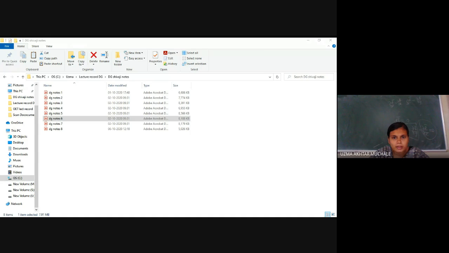What was the example? A sphere with center at C1, C2, C3 and radius R, and we have shown that this is a surface. Okay, how to show this? First we have to verify whether dg is equal to 0 or not equal to 0. For that, first you have to find out dg. After finding dg, that means we have to find out dou g by dou x, dou g by dou y, dou g by dou z, and then check whether they vanish after putting in that point.